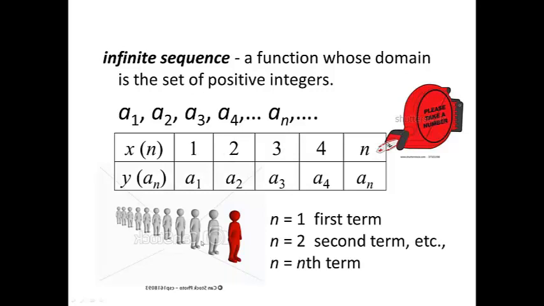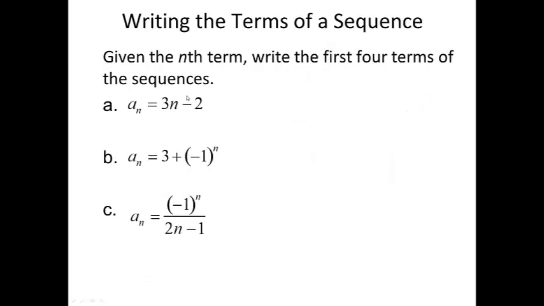You can think of it as in a line, right? And if n is equal to 1, that's the guy with the first ticket number. And ticket number 2 would be n equal to 2, and so on. And this is the concept I need for you to get here. The nth ticket is the nth person. So if n is 5, then it would be 1, 2, 3, 4, 5, the fifth person in line. Or the fifth number in this sequence. All right, given the nth term,